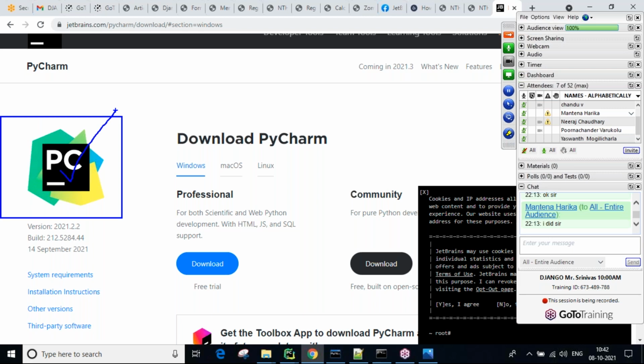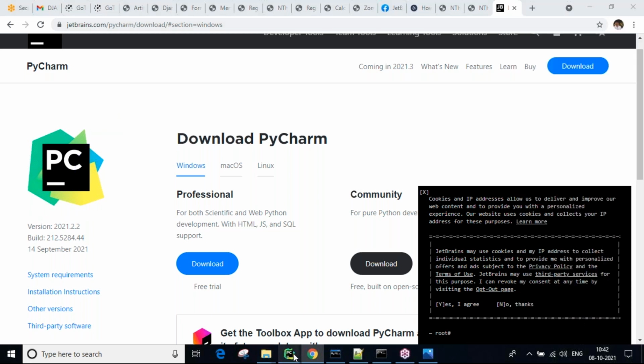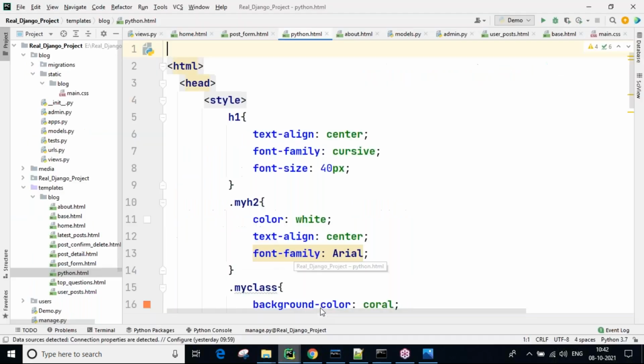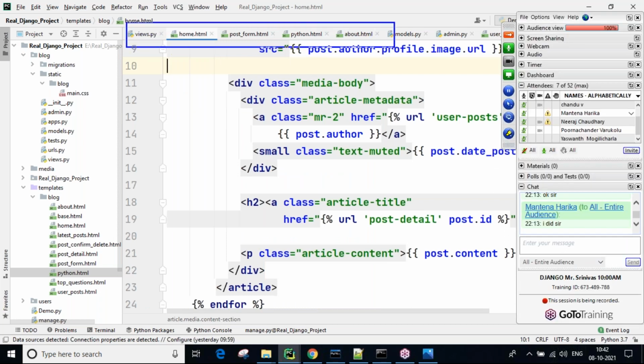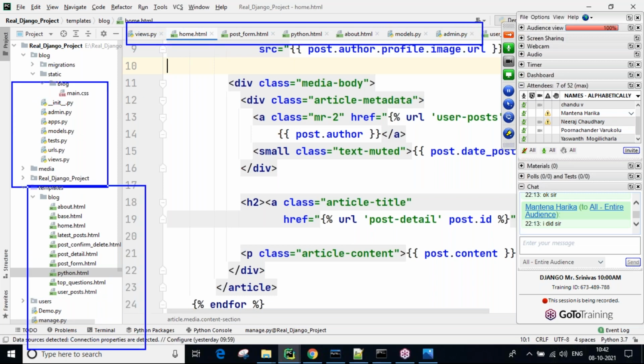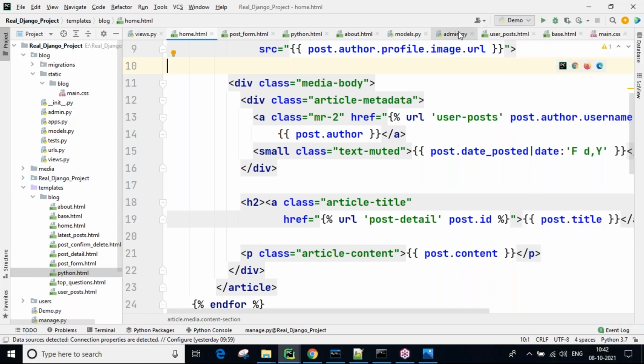Assumption in your system. Now you have PyCharm like this, guys. This is PyCharm. Here, n number of lines of code we can write. You see multiple files. At the time of doing the Python practice, guys, you were working in a single file. But here there are so many files, and all these files are connected together. Don't worry, I'll tell you about all these things.